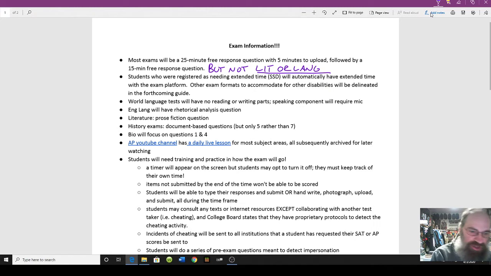English Lang is rhetorical analysis. That actually excites me because there is so much going on right now in the news and so many ways for you to practice daily rhetorical analysis: editorials, speeches. There's so much out there for you to be working your skills on a daily basis.